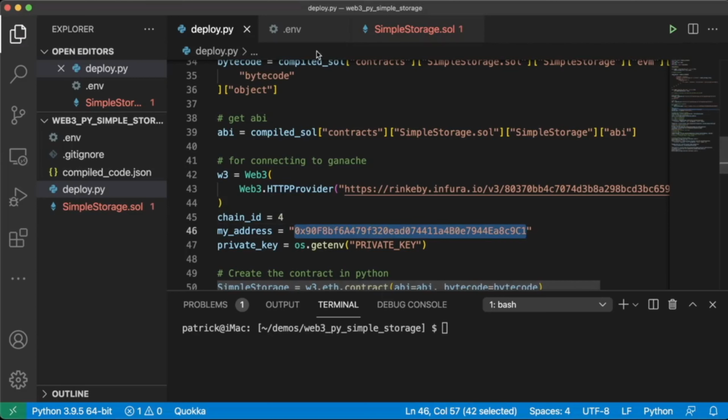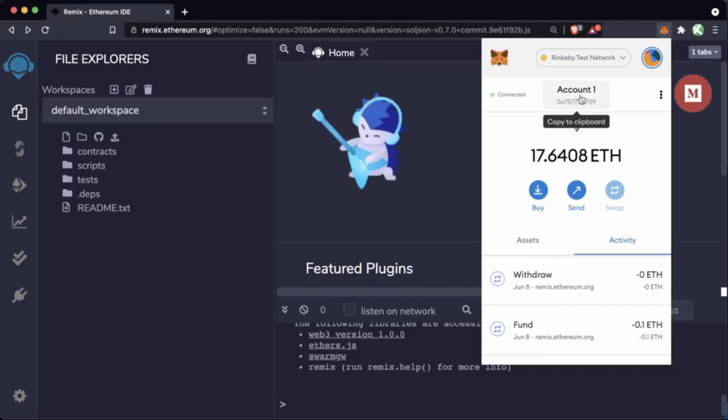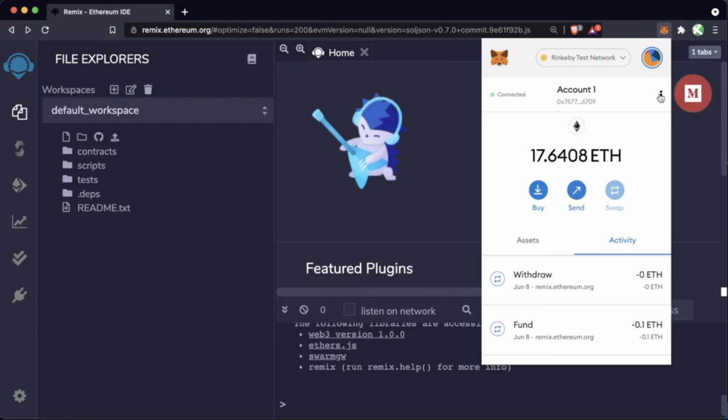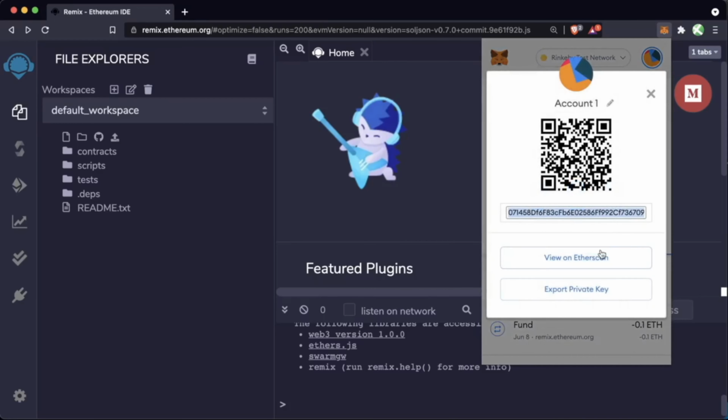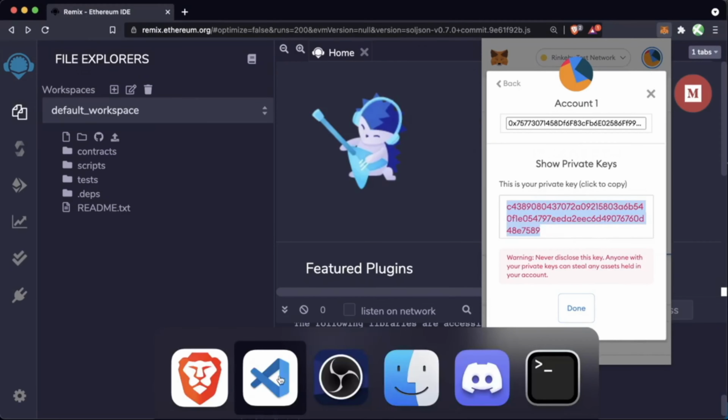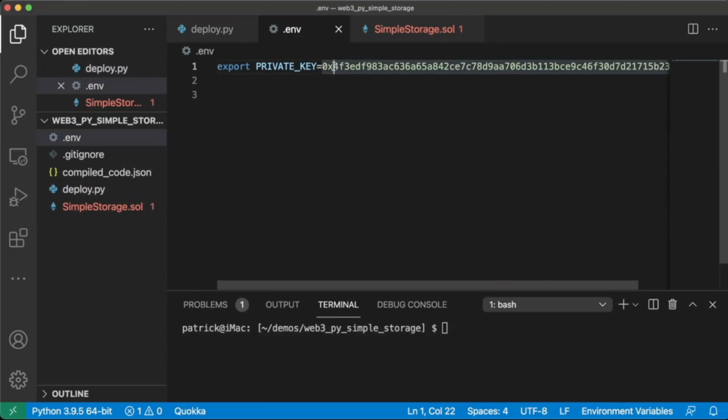Now this address and the private key that we gave it aren't going to have any testnet Rinkeby in them. So we need to go in our MetaMask and grab the address, place that in for address, and then account details, export private key, type in our password, and grab the private key. Go into our .env file, leave the 0x, and replace the rest with